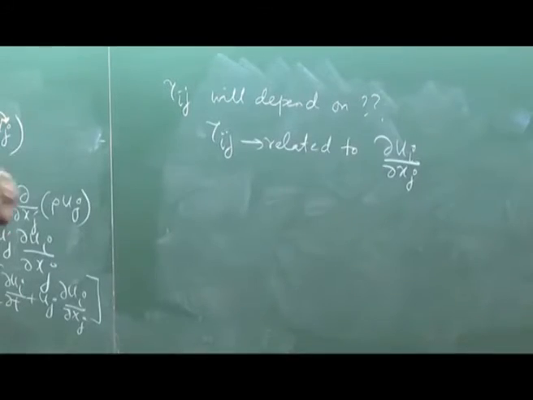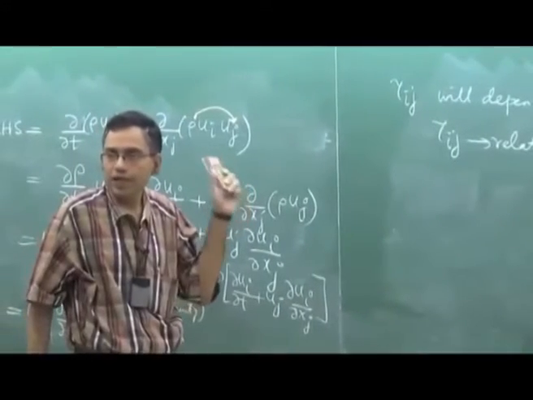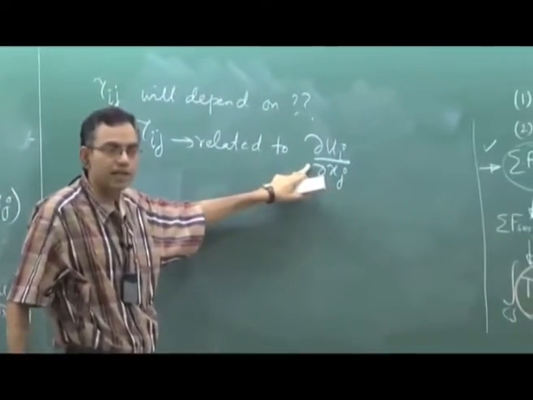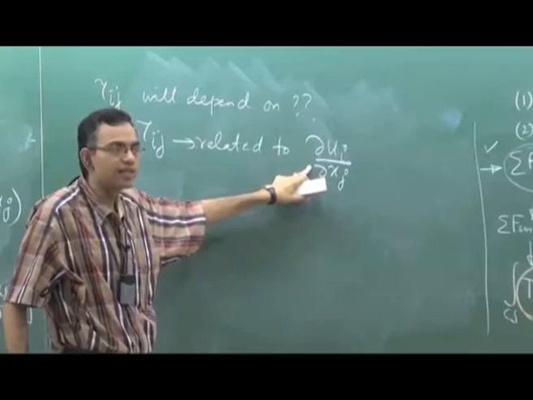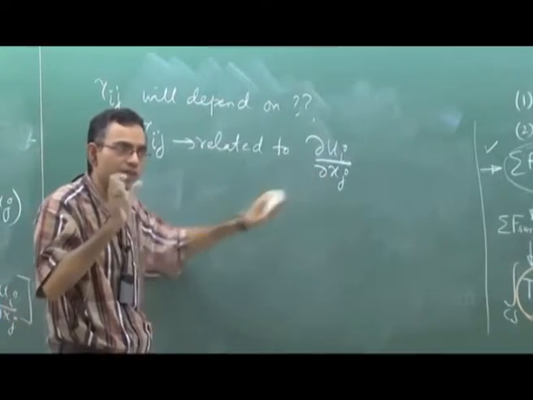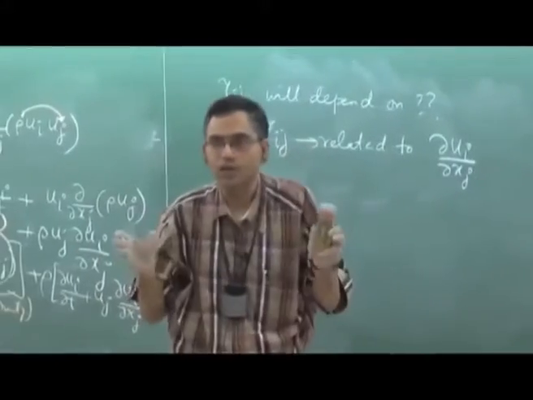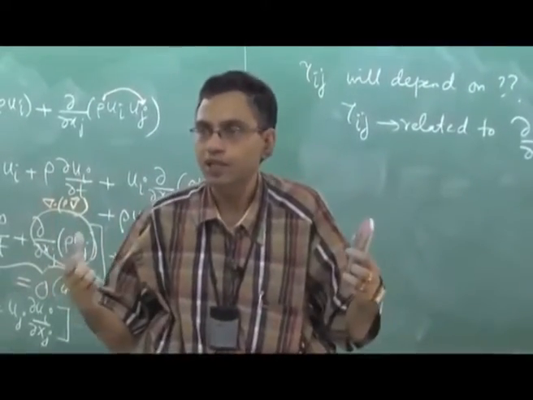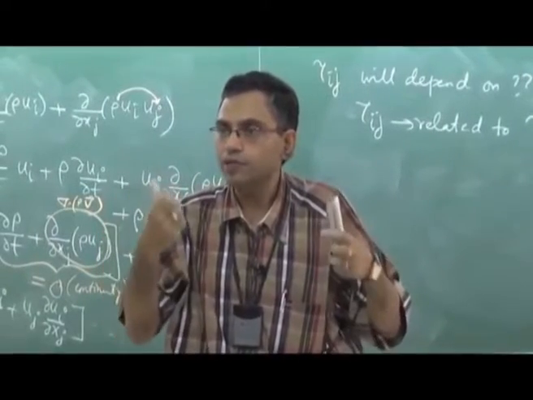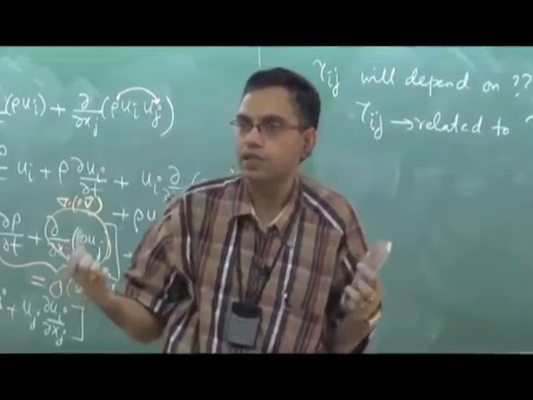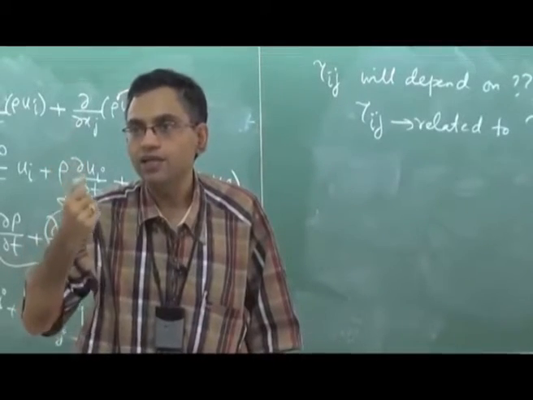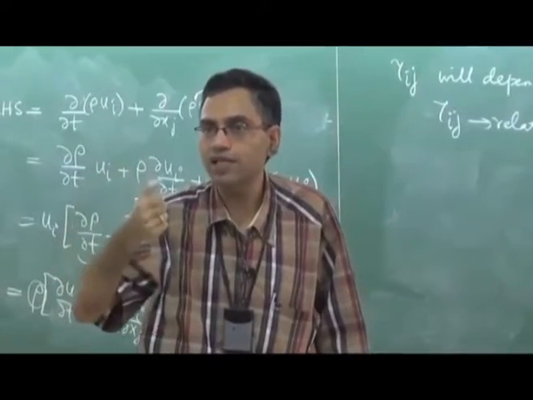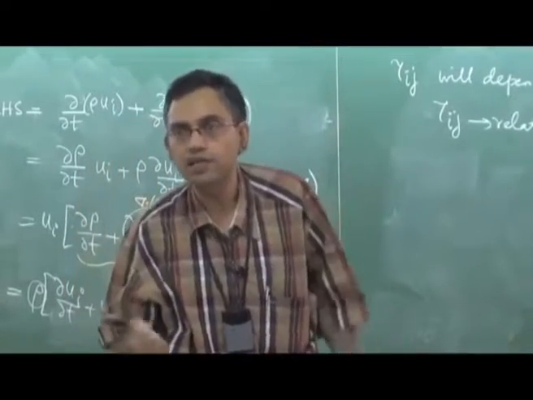That if a fluid is at rest, then there is no gradient in velocity, right? Then is there no stress? There is always some stress even when the fluid is at rest. What is the difference between the fluid at rest and fluid in motion? Fluid in motion will be subjected to both shear stress and normal stress, whereas fluid at rest cannot sustain any shear. It will be subjected to only normal stress, and that is called hydrostatic stress.